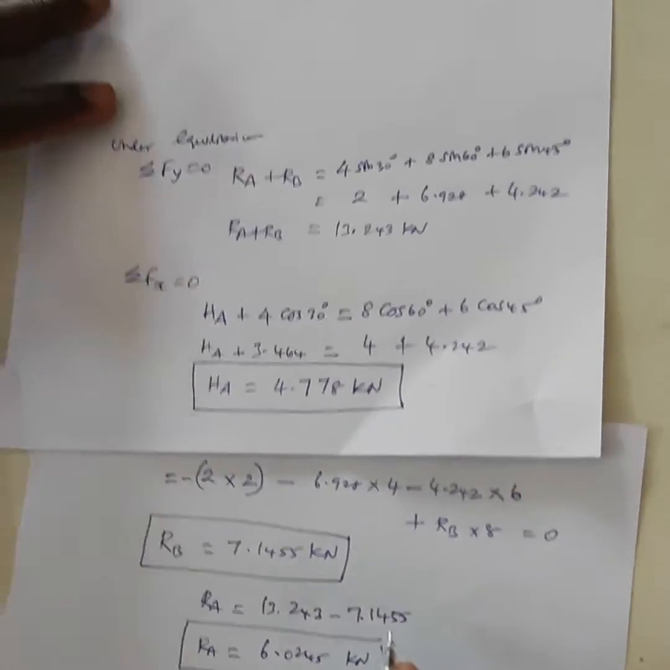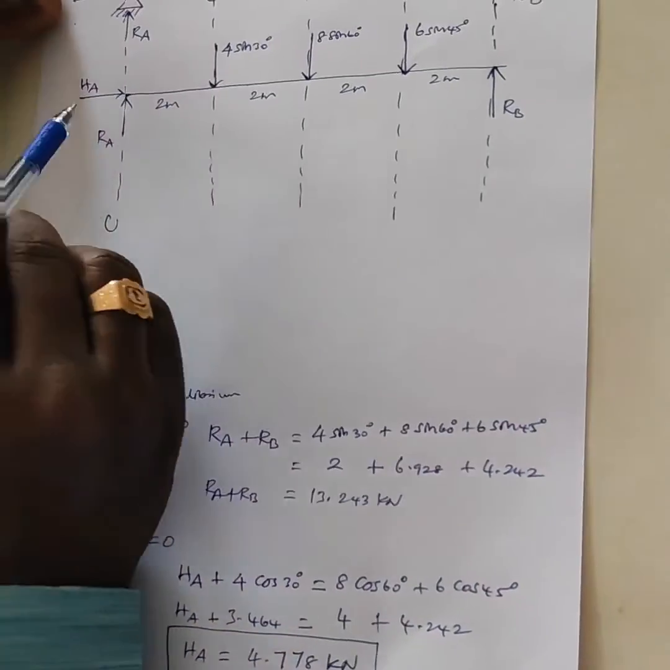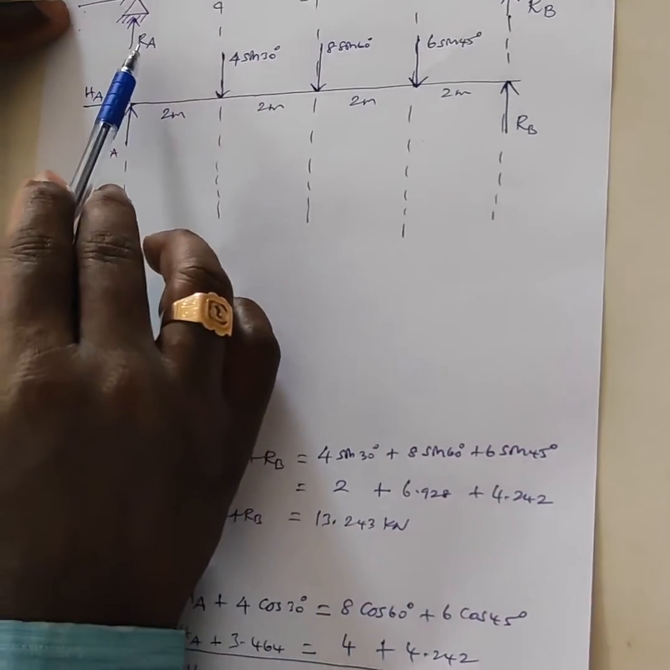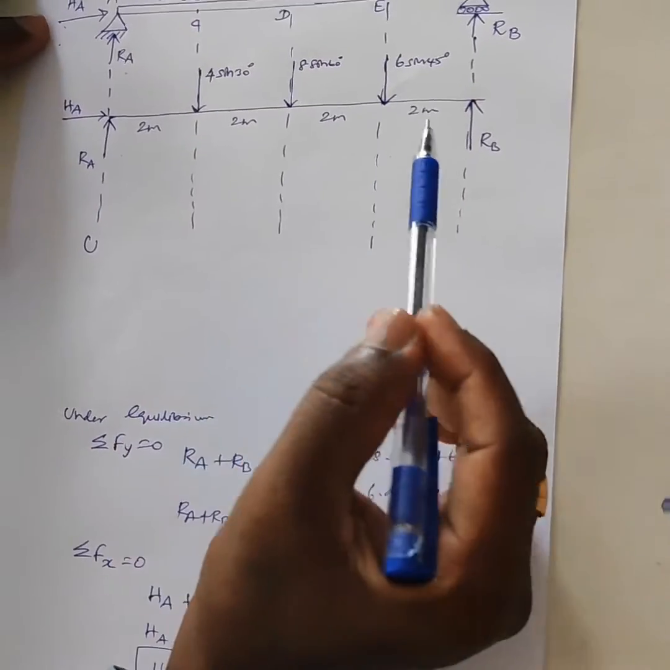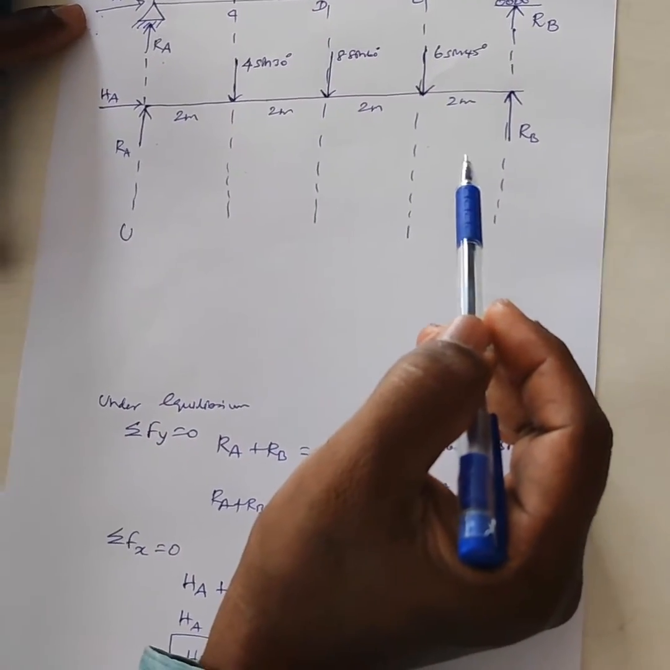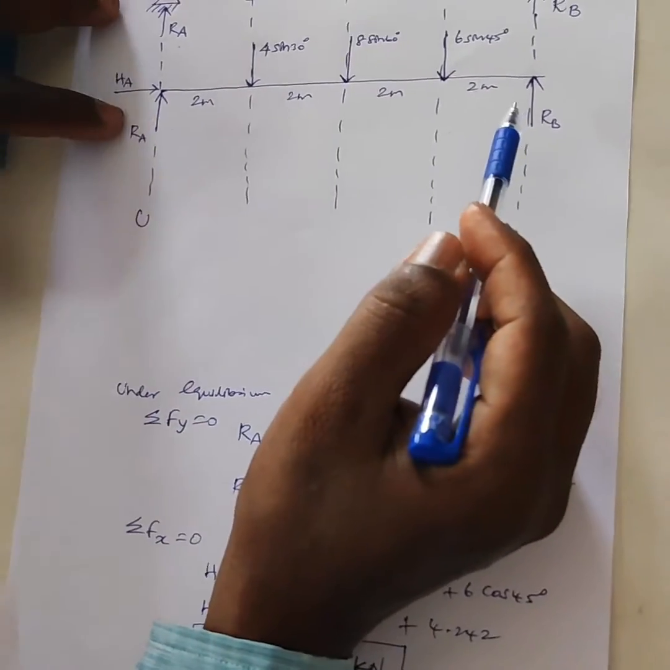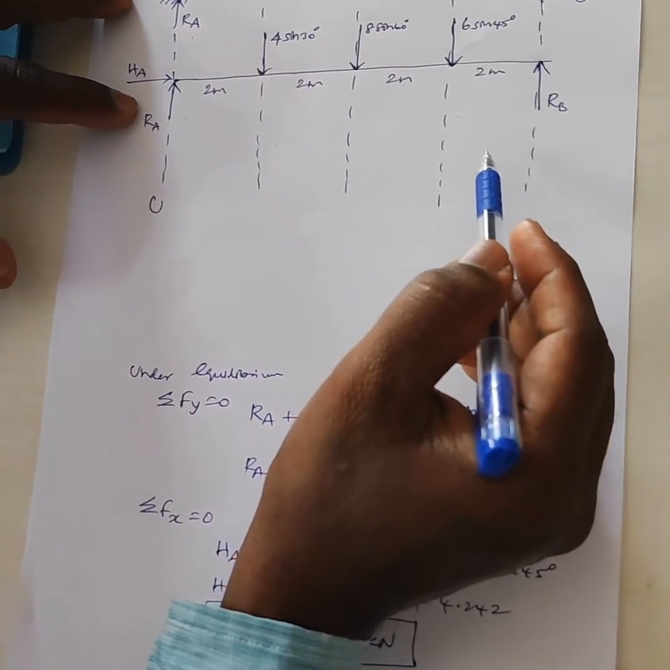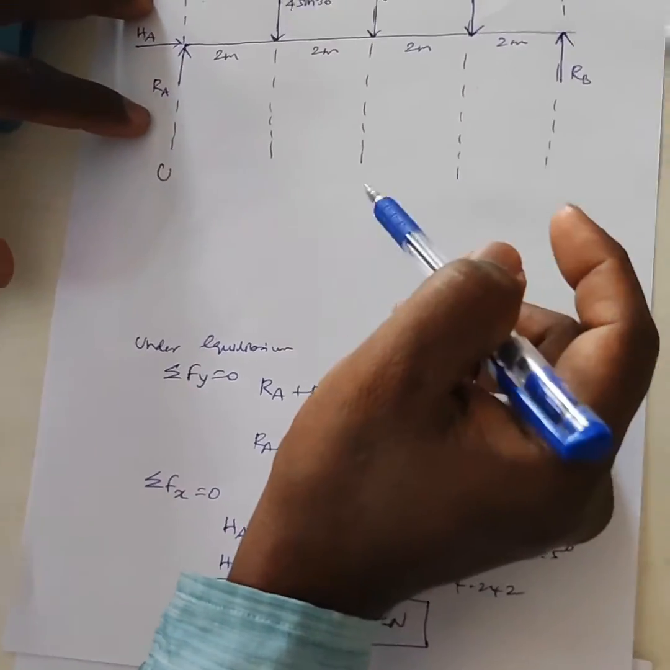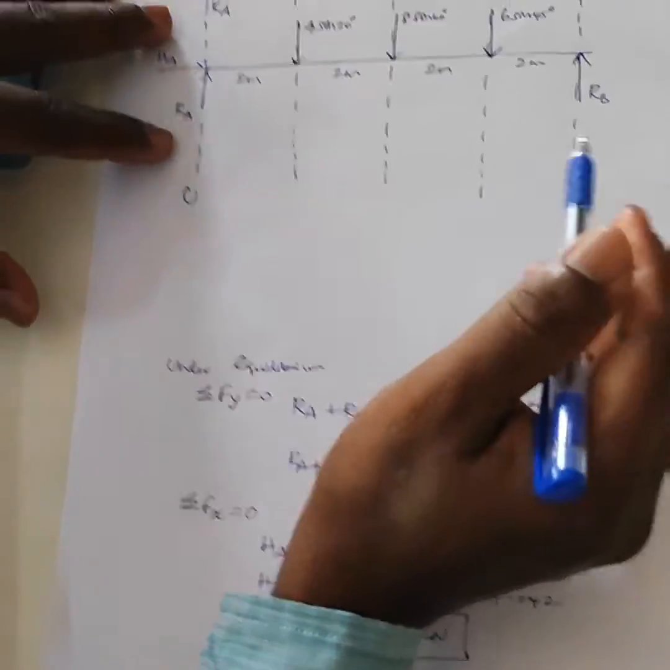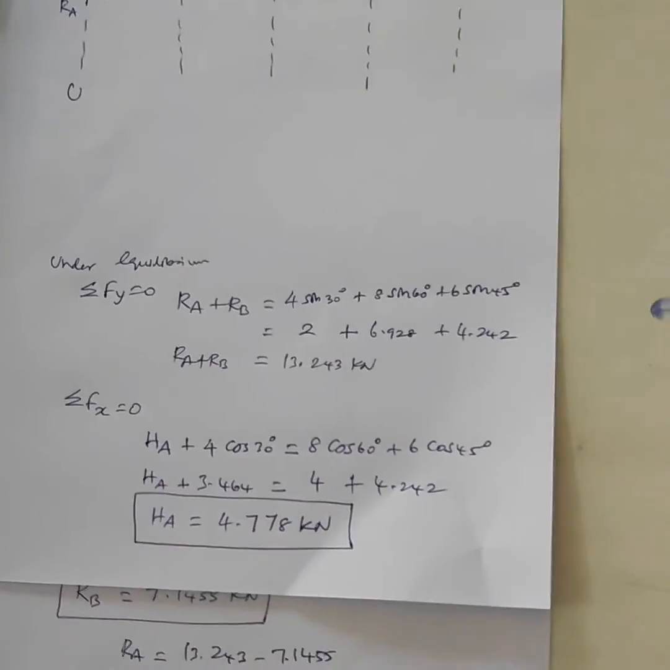Now we have found the unknown values of the horizontal component at A, the vertical component RA, as well as RB. Now we can calculate the shear force value for this problem, and also draw the shear force diagram, and the bending moment value for this problem, and also draw the bending moment diagram. First thing we want to find out